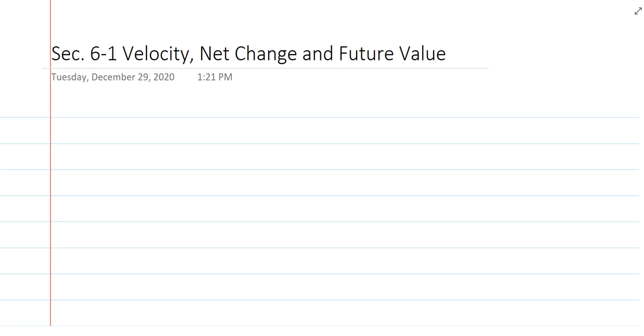In Section 6.1, we start off talking about velocity, net change, and future value, which are really important on the AP test. They will give you a contextual problem. And this will be the key to getting a lot of points on the AP test. And what we start with